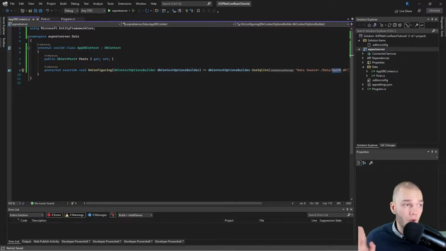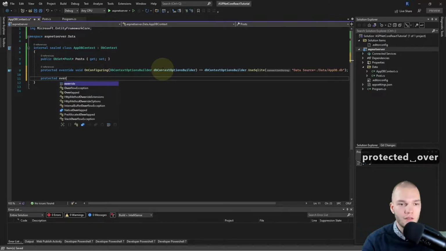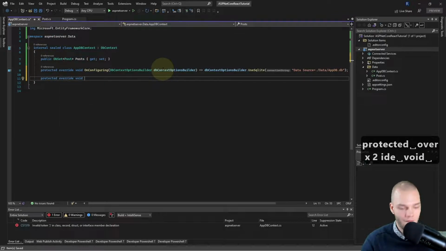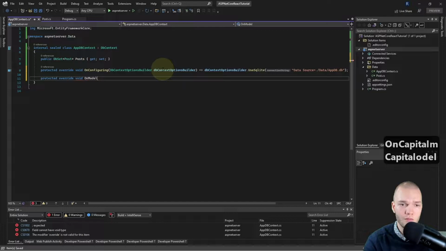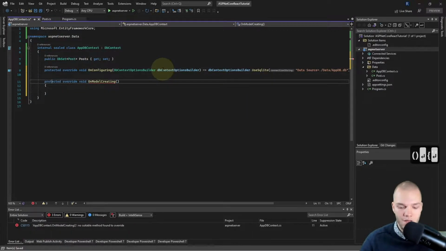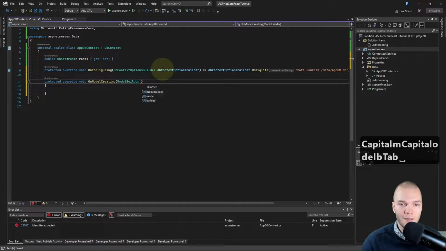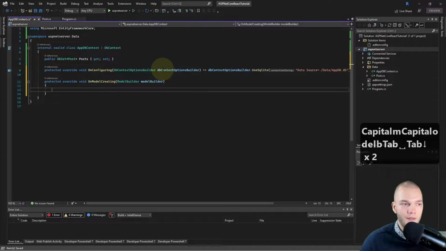Alright, so now one last thing I want to do in this class is to add some example data to our database, and we can override another method for that. So I'll just do protected override void, and we're gonna override OnModelCreating, and that has a parameter of type ModelBuilder, and I'll just accept the name.